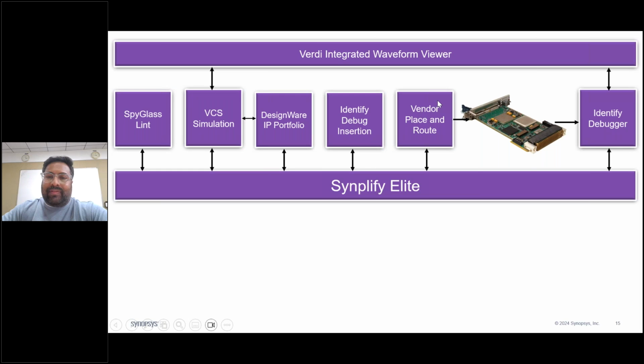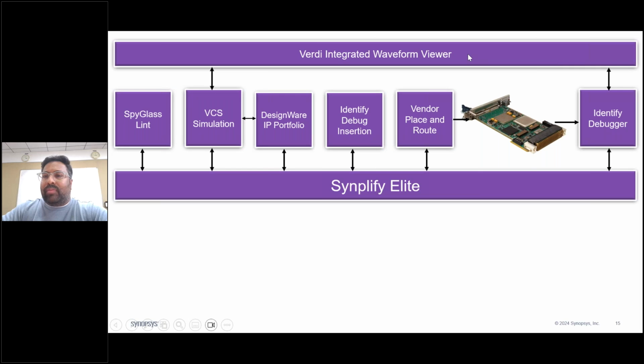After that, you will do the place and route, which is again the vendor provided tool, the FPGA manufacturer tool. If you want to do it for Xilinx, then you can use Vivado for doing the place and route. If you want to do it for Intel FPGA, then you can use Quartus for doing the FPGA place and route. After that, you will program your bit file in your board, and then you can use the Identify debugger,